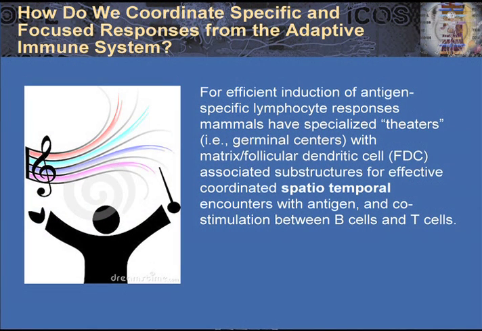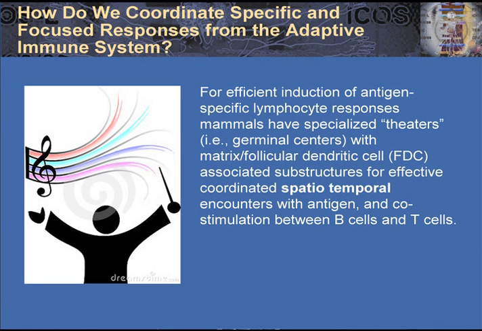But these B cells and T cells are flying through the circulation and going through all the lymphoid tissues of the body, and the frequency of an actual specific B cell or T cell is relatively low. They can only do their job most efficiently if they can find each other. So we have an image of a conductor for an orchestra, and these are many different players that are in the immune system. And for the most efficient induction of antigen-specific lymphocyte responses, mammals have developed specialized theaters or germinal centers